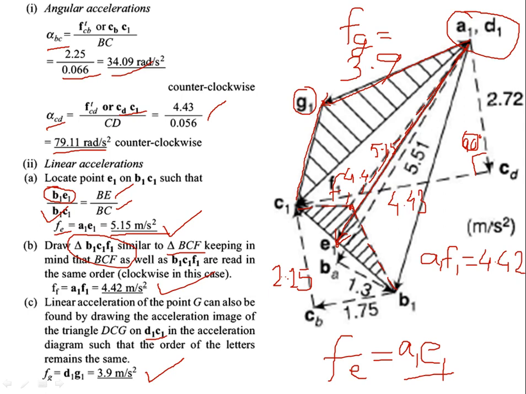Sir, to locate G1 and F1, first we have to measure the angle, sir, from that. No, you have to take similar triangles. I told you, draw triangle B1 C1 F1 similar to triangle BCF. See how to take the ratio. I already told you. See, this is B1 E1 by B1 C1. How have you taken the ratio? It is nothing but BE by BC. Like that, you can take similar triangles for this.